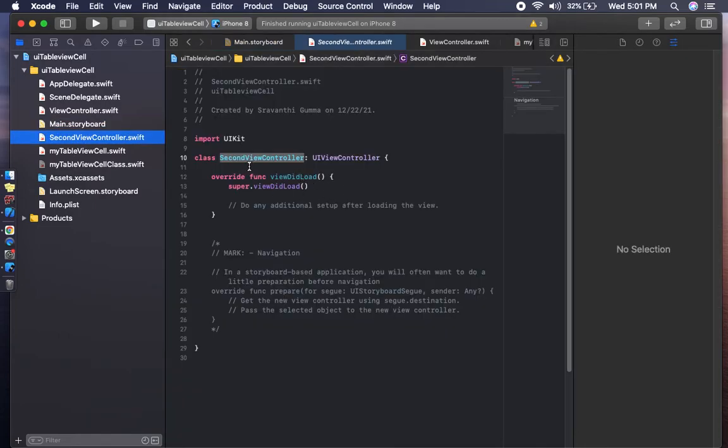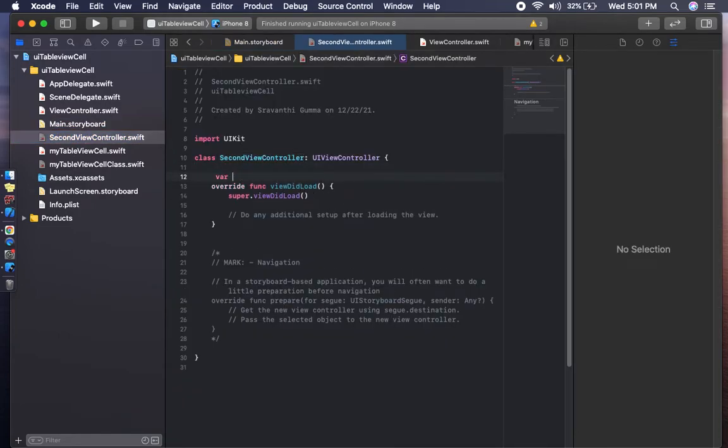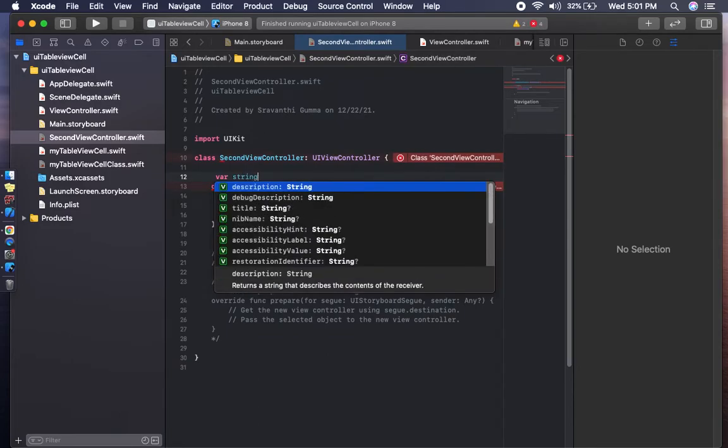In the second class we have to create an empty string value.